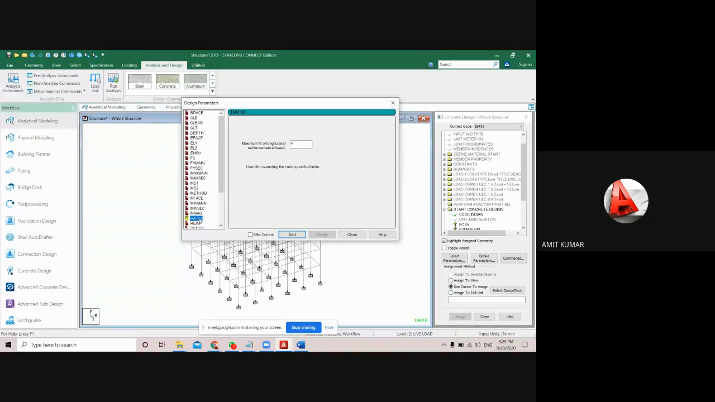So ratio is basically the percentage of reinforcement, the allowable percentage of reinforcement, basically the maximum percentage of longitudinal reinforcement which is allowed. That means if the volume of a column is 100 meter cube, the maximum reinforcement will be 4 meter cube. Okay, mostly in the column,